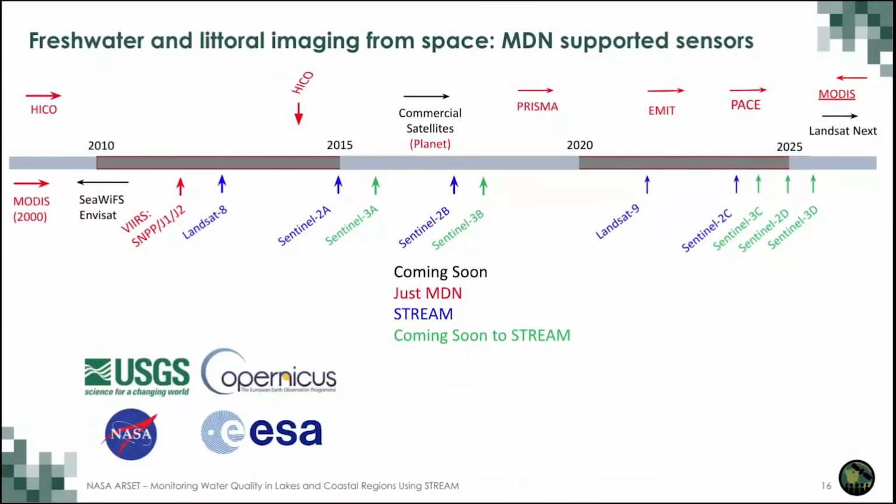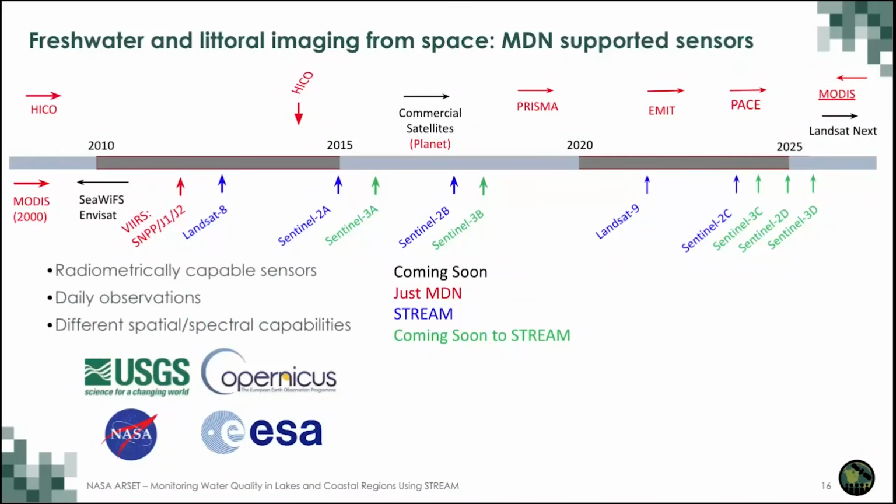We were also funded as part of the Landsat science team to make models in advance of Landsat Next, which should be launched around 2031. So this large set of sensors that we have developed models for are radiometrically capable for sensing in aquatic regions. The combined observations can get us towards daily observations if we're able to leverage estimates from all of these sensors combined,